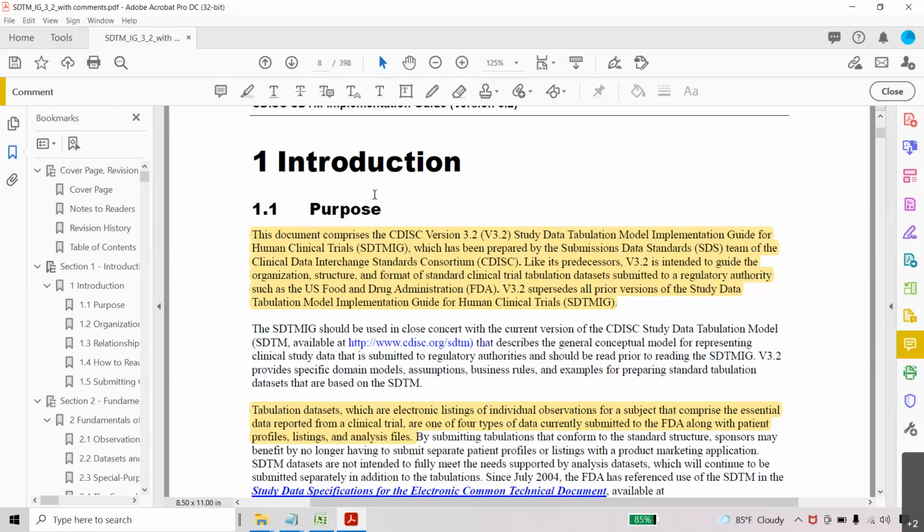When you are reviewing or reading, have a paper and pencil and note down that sentence or line. If you have not understood, it is okay. Even when we do the job, we refer to the SDTM whenever we need it. No one remembers this SDTM IG.